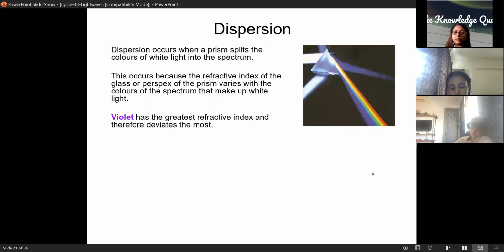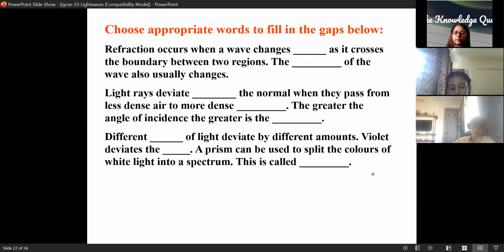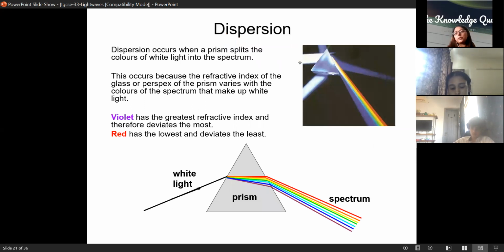I want to go to another topic. What is the phenomenon that you see here, Shamik? Dispersion. We did this in class today. What happens in it? Basically, when light enters some kind of object, for example a prism, it splits into different colors, or waves. Every color has a different frequency or wavelength. Red to violet. Red has the most wavelength and violet has the most frequency. Okay, fine.